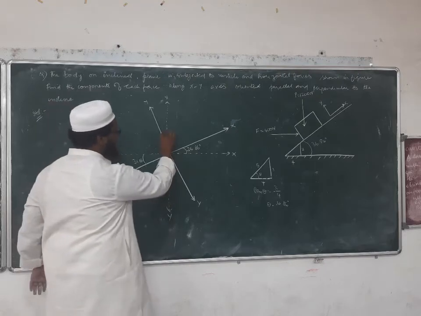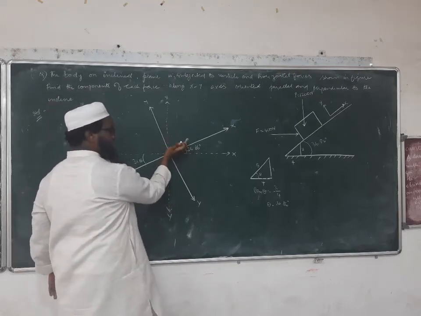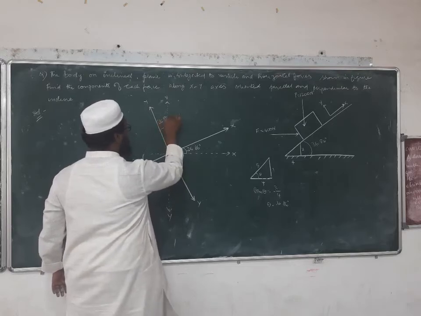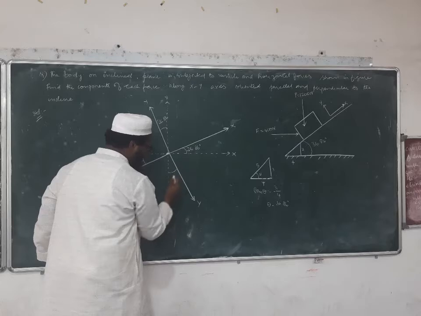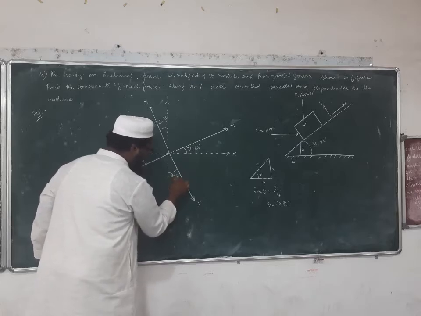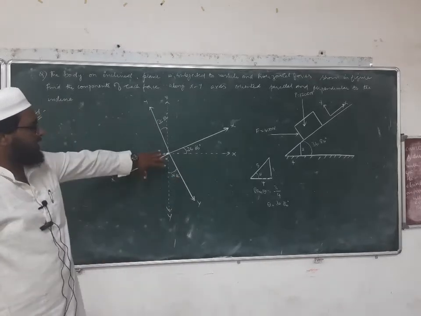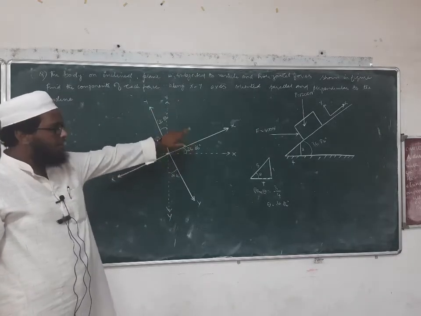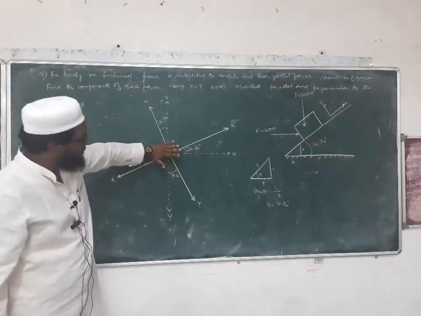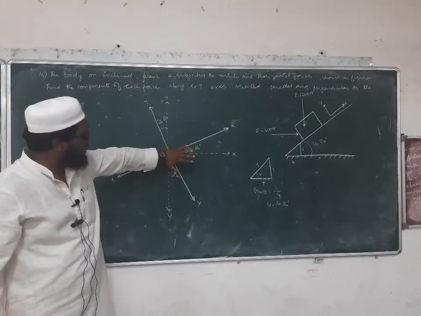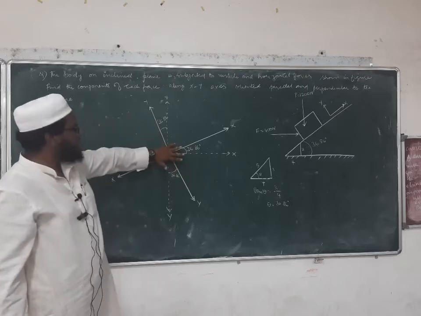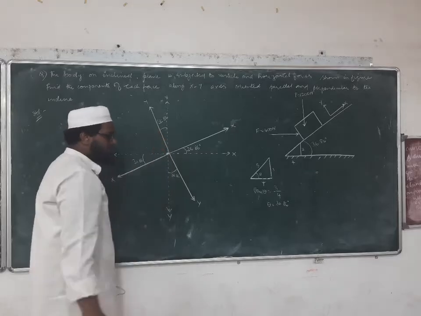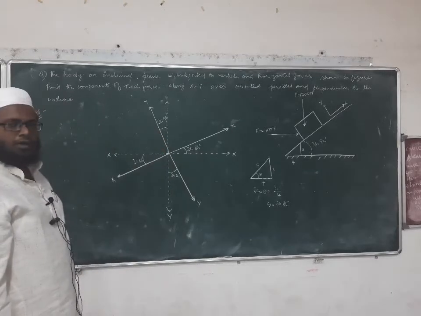Okay. So what is this angle now? Since this one is rotated in this form, this one has rotated in this form. So this angle is 36.86 degrees and this angle is also 36.86 degrees. Now you see here, you can understand, right? This is our original x and y axis, the dotted one. But according to the problem, our x and y axis should have to be rotated in anti-clockwise direction. That is why I have rotated this one in such a way that this angle is 36.86 and the vertical angle is 36.86 degrees. Alright.